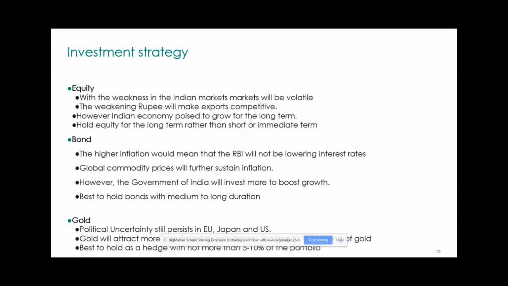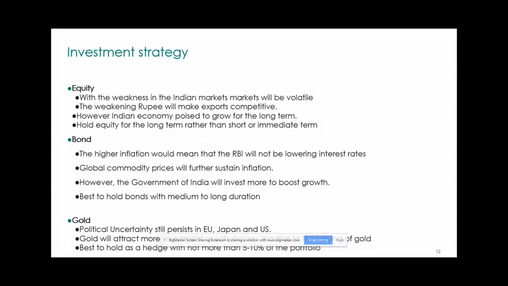With the slowing down of the Indian economy, the government will be expected to prop up its infrastructure spend. This basically means that the government of India can finance its funds only through one of two ways. They can either utilize a tax, or they will be issuing more bonds. Now, with the RBI